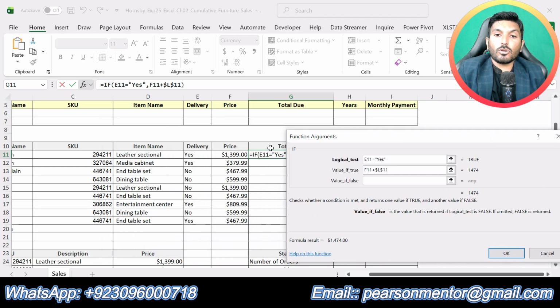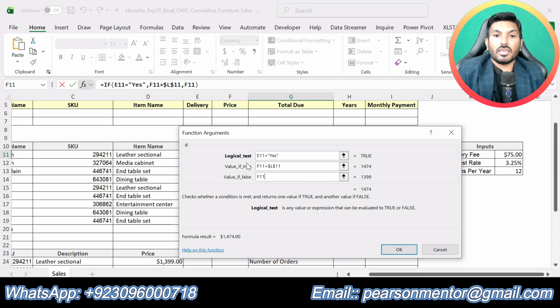Otherwise it will be equal to the price. So let me explain this formula again. If E11, that is column E, is equal to yes, then the total will be the price plus the additional fees. Otherwise it will be equal to the price.